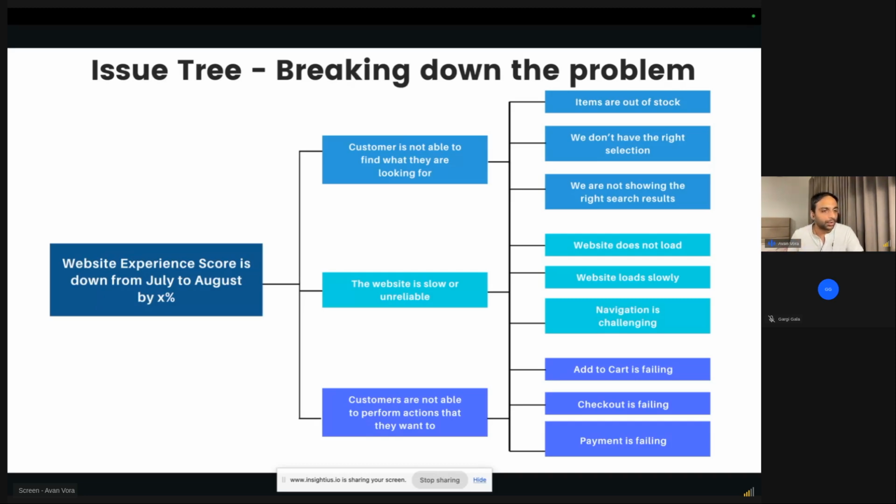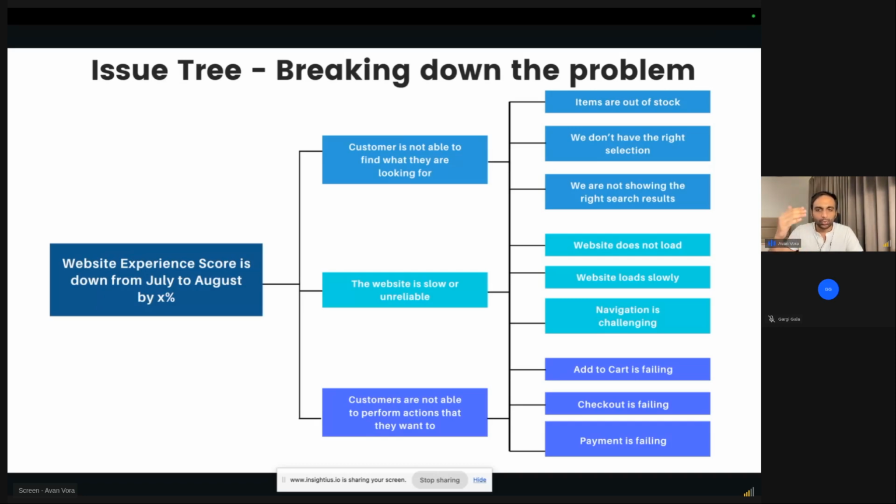Out of stock rate, number of items out of stock divided by total number of products. Perfect. Yeah, that's the metric I'm looking for. Number of items out of stock divided by total number of products. Basically, what percent of our inventory currently is out of stock? Has that gone up? Last month it was 10%. Right now it's 40%. So we don't know, right? Maybe a lot of products are out of stock and people are not finding what they're looking for. So that's an example of a metric, right?